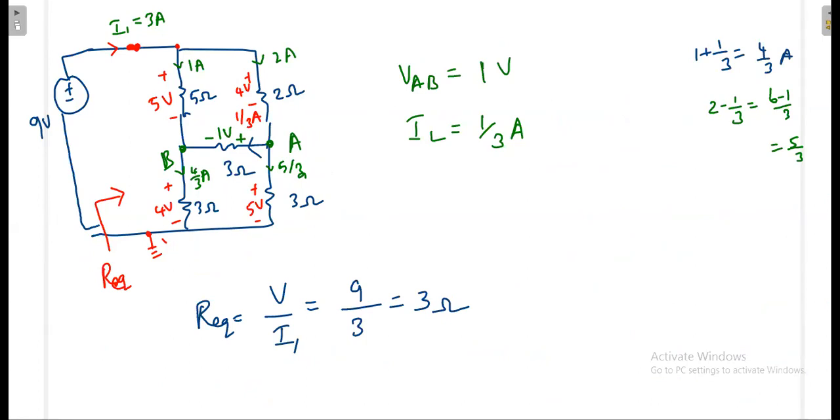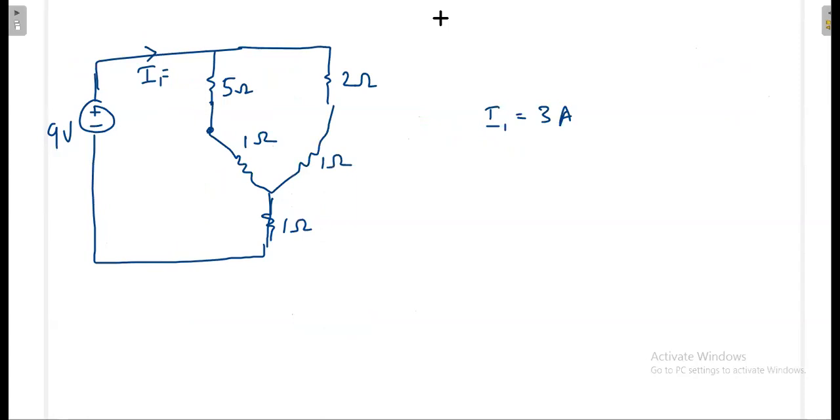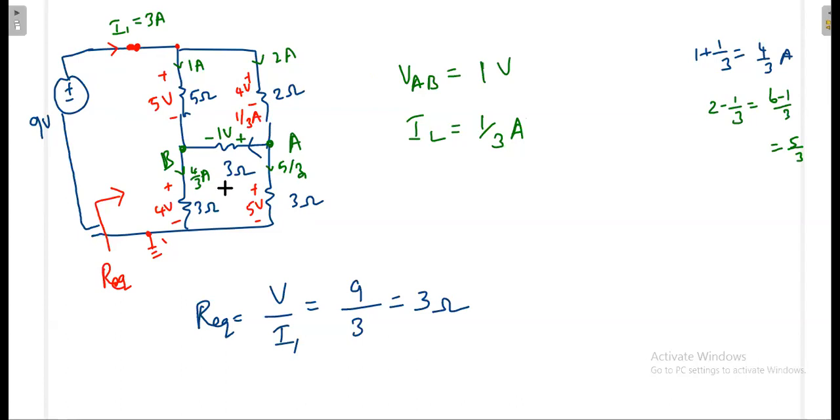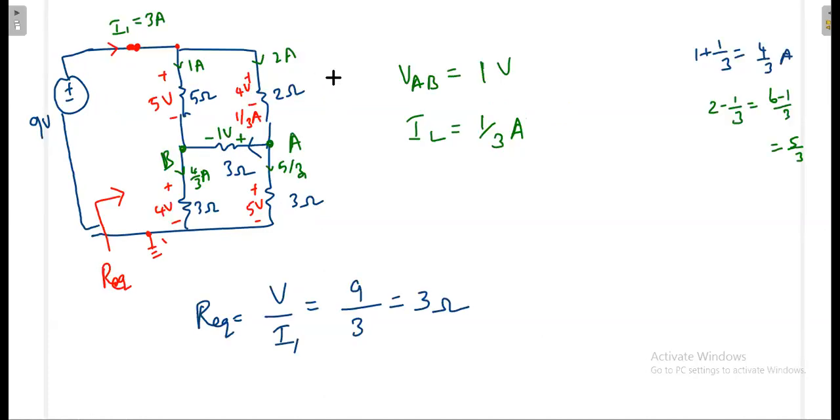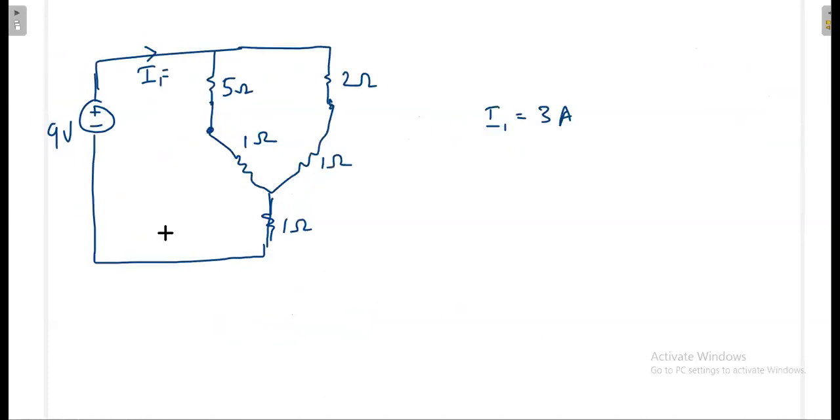Now we'll see how we go about that. If the problem is there, this bottom portion you can convert into star. Once we convert, all are 3 ohm. If we go from delta to star, it is divided by 3. So instead of 3 ohm, I can write 1 ohm. The rest of the things I am not disturbing. This is 5 ohm, this is 2 ohm, and the source is 9 volt.